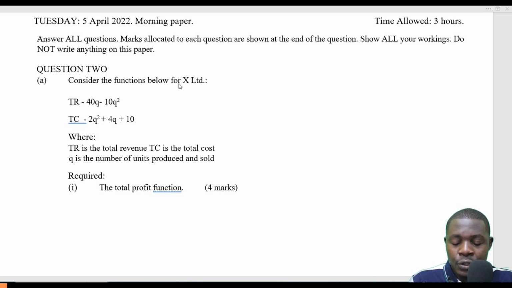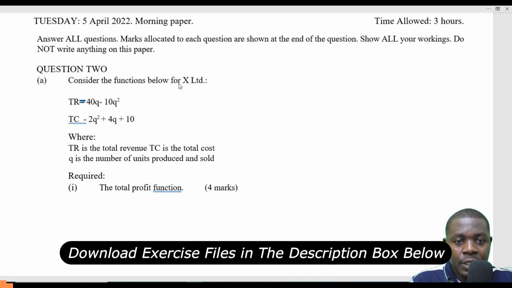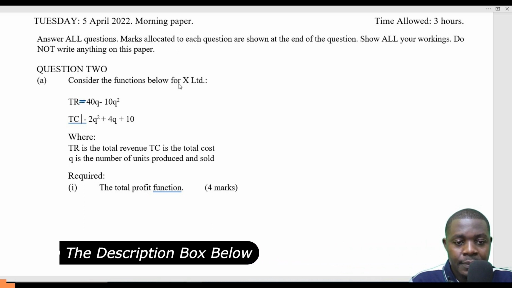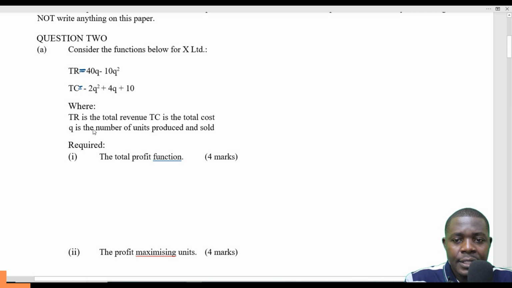Here we have total revenue, or TR, equal to 40Q minus 10Q squared. Then total cost is equal to negative 2Q squared plus 4Q plus 10, where TR is the total revenue and TC is the total cost, and Q is the number of units produced and sold. Required: